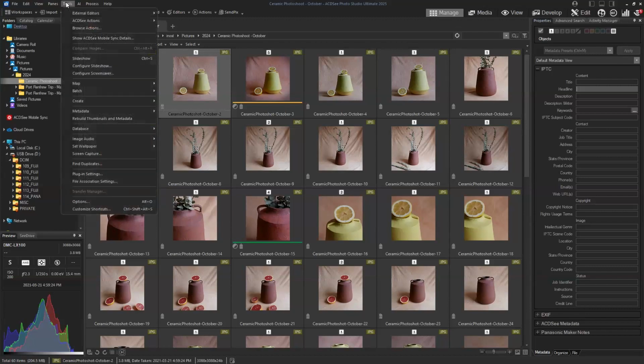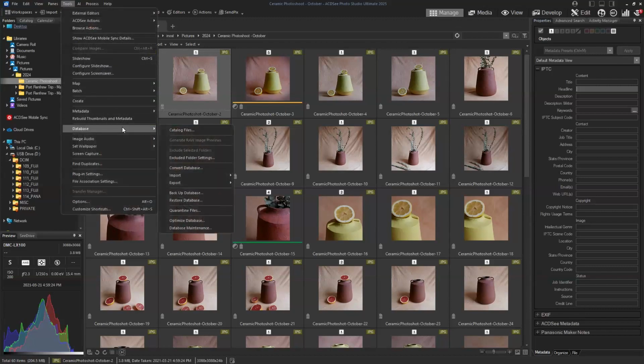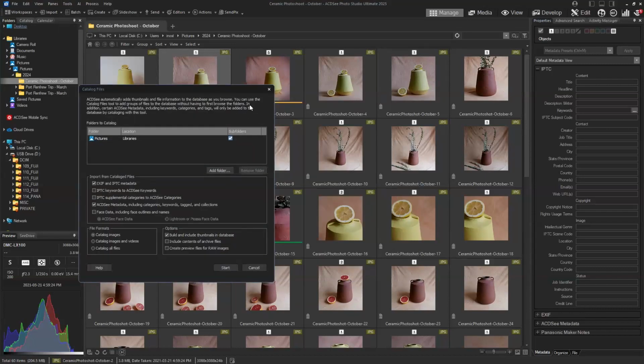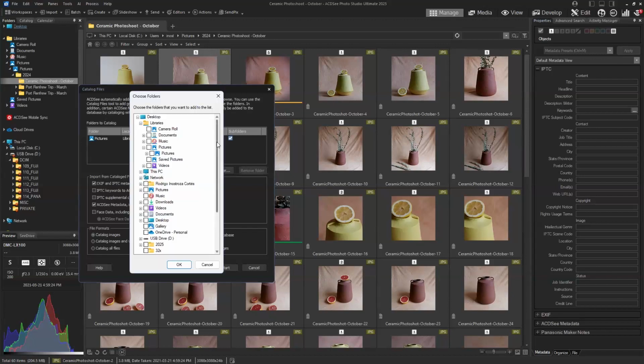But you can also go to Tools, Database, and Catalog Files. So look, it says, in addition, certain ACDSee metadata, including keywords, categories, and tags, will only be added to the database by cataloging with this tool. So just go here, folders to catalog, add the folders from the new folder that you've incorporated in your PC. Once you've dragged the images into your computer, or if you're using an external hard drive,